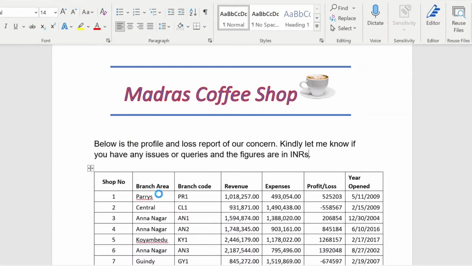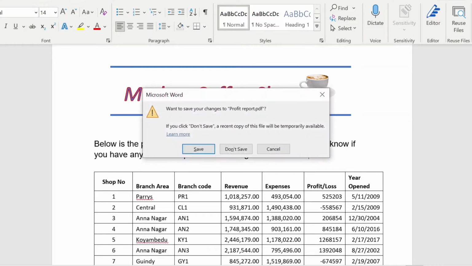So I have opened the PDF in Word, done the editing, and saved it with the new name. If you want to save with the same name, it will overwrite the PDF. So it is like editing the PDF file.